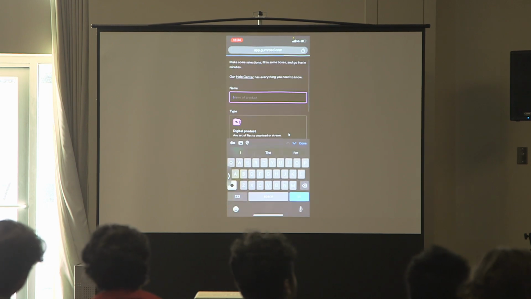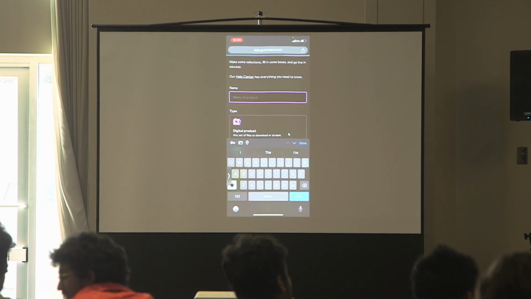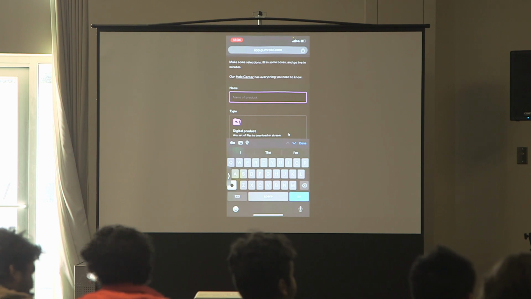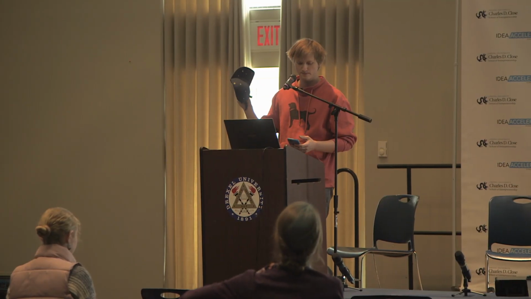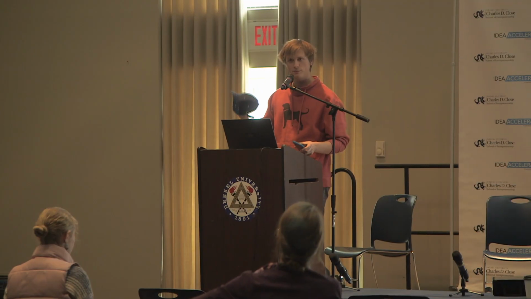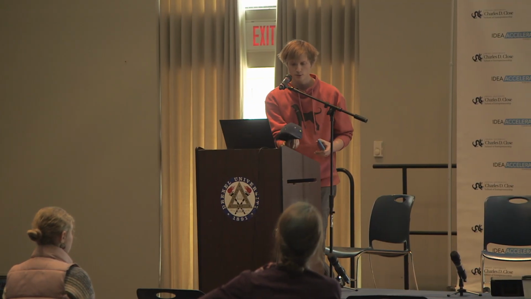Name of my product. Let's say I'm selling, I have a little painted hat that I have here. I like to wear it. My hair felt good today, so I put it on. I bought a little hat. This is a little art project. I just painted little stars on it. That was fun. That was cute. Let's make a little payment page for my hat, and then post it on the website.